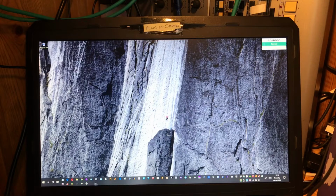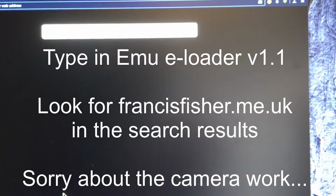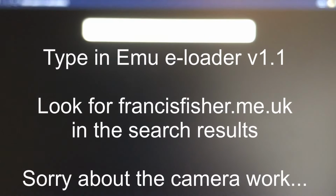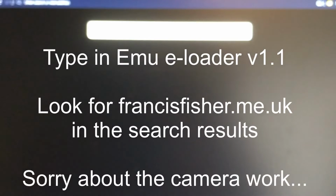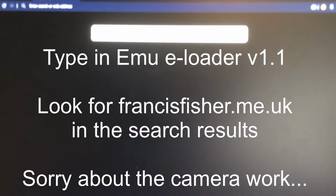I use Opera to go on the internet. Let's just zoom in here a little bit so it's a bit easier to see. I'm going to type in here. It's gone off funny on autofocus, so I'll just see if I can focus it down manually. Anyway, it'll go better once it gets a white background. So I'm going to type in there